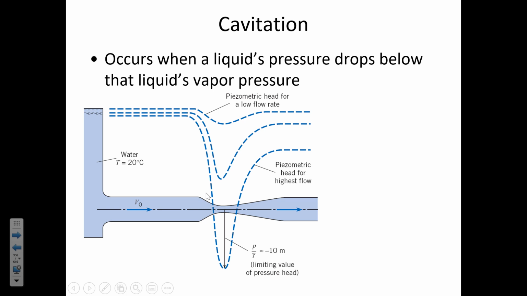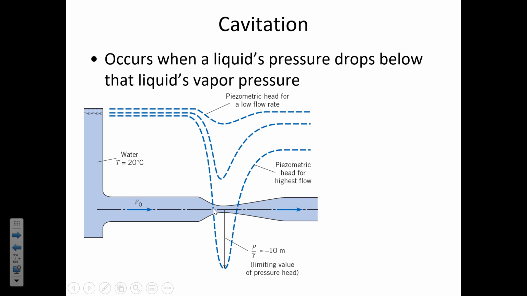And in fact, if the velocity goes high enough, then the pressure can go below the vapor pressure of the liquid. And when that happens, cavitation occurs. Little bubbles of vapor begin to form inside the throat. So this is kind of a risky proposition, because I've shown you pictures before of the damage to equipment that can occur when there's cavitation, like the pitting of an impeller blade, and it causes flaking of the metal, and it causes the impeller to be a little bit imbalanced and start to vibrate,